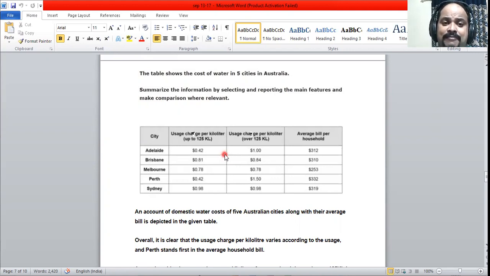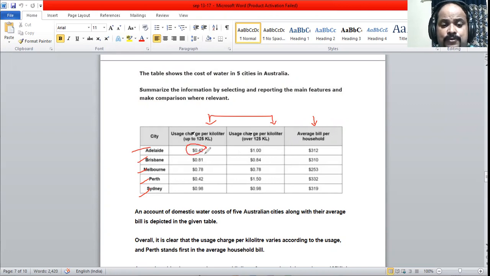Right now we have a table, and the table shows the cost of water in cities in Australia. In 5 cities. The cities are Adelaide, Brisbane, Melbourne, Perth, and Sydney. And we have 2 categories here. These 2 categories are based on the usages, the charges per kiloliter. So per kiloliter of water will be charged